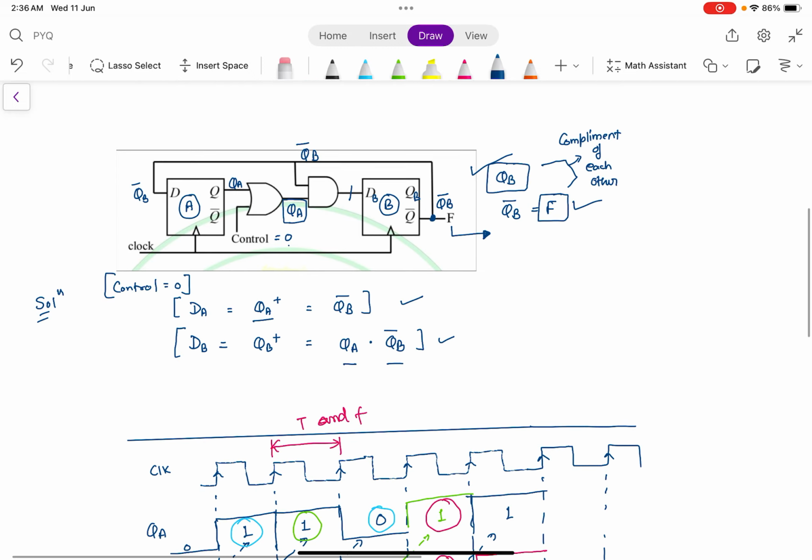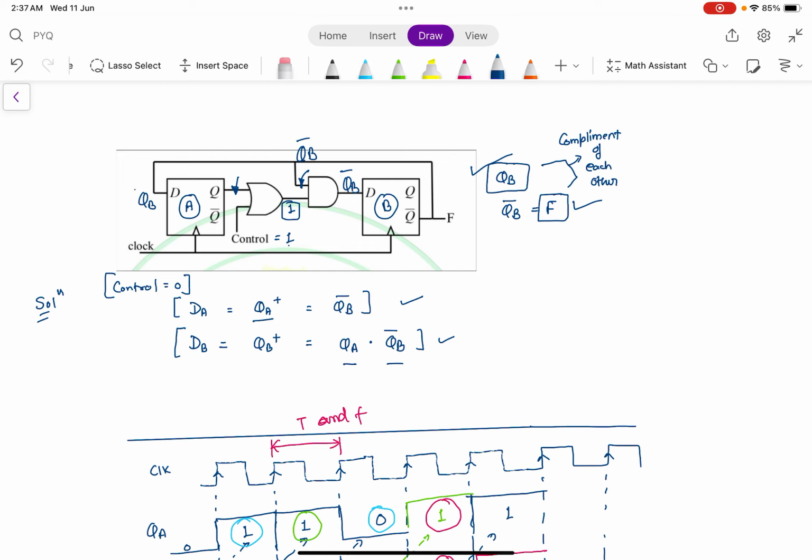Let's see the diagram. When your control signal is 1, what would happen? This OR operation, it doesn't matter what the input is here. It will always give you output as 1. And the AND operation with 1 only depends upon the input on the other hand. On the other hand, you have the input QB complement. So the output here is QB complement, and the input to A is